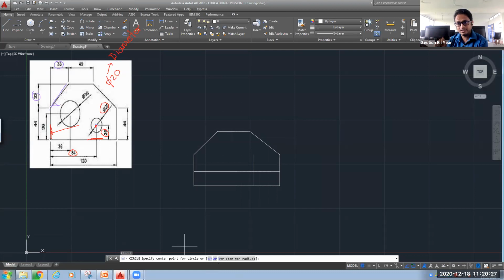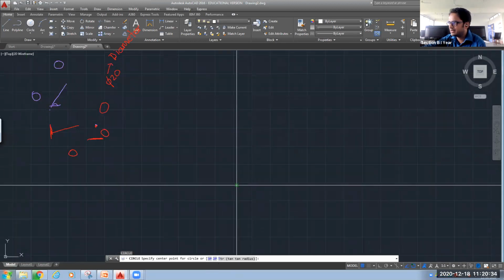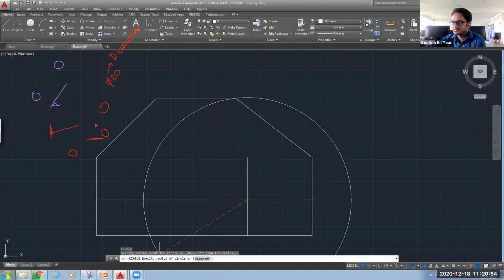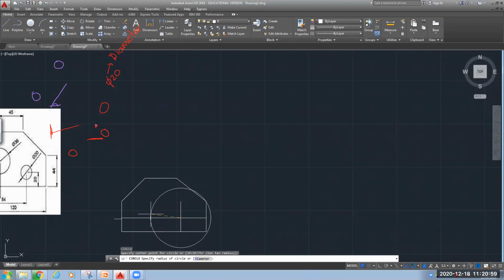Okay. So here I will go with the simple commands. Like I know the center point and I know the radius or diameter. So I will specify the center point, which is located at the intersection point here. You can see AutoCAD will automatically bring some green color and it will suggest it. Okay. So this is the intersection point where I want to draw the circle. Now see at the command line what it is asking. Specify the radius of the circle. Now what is the radius?